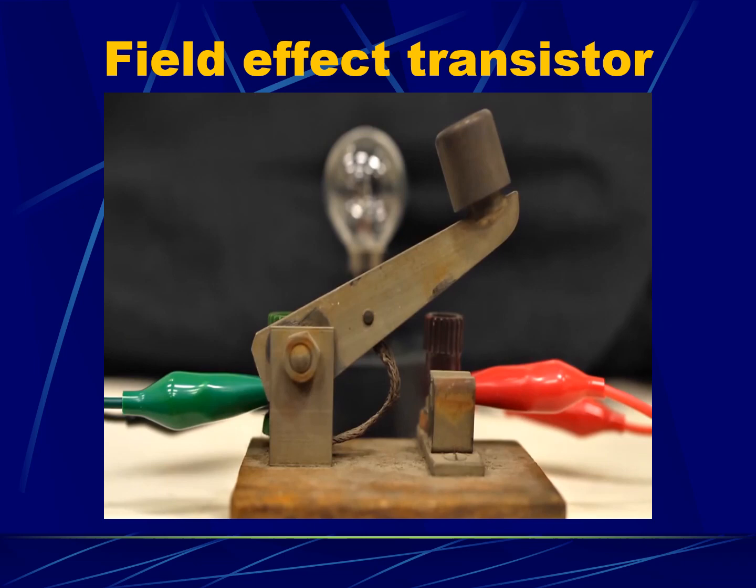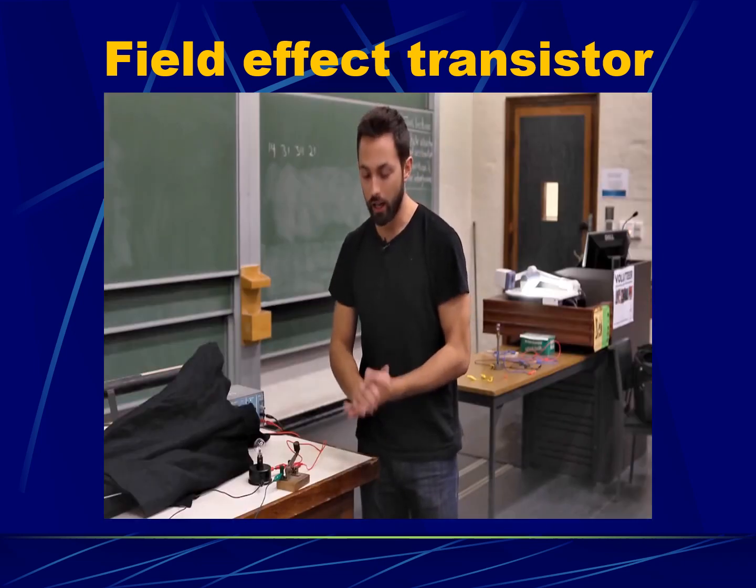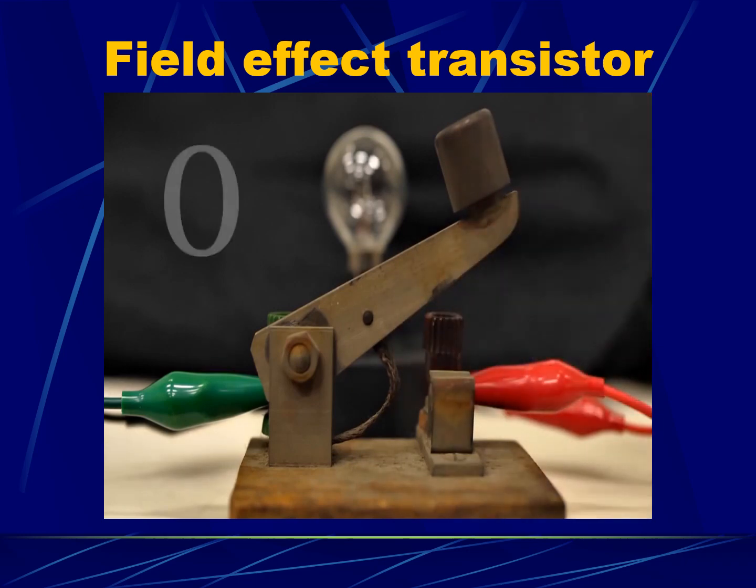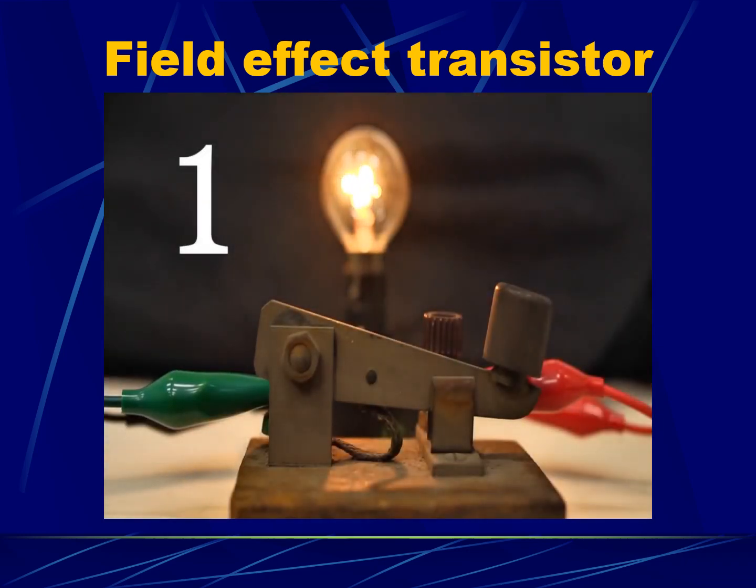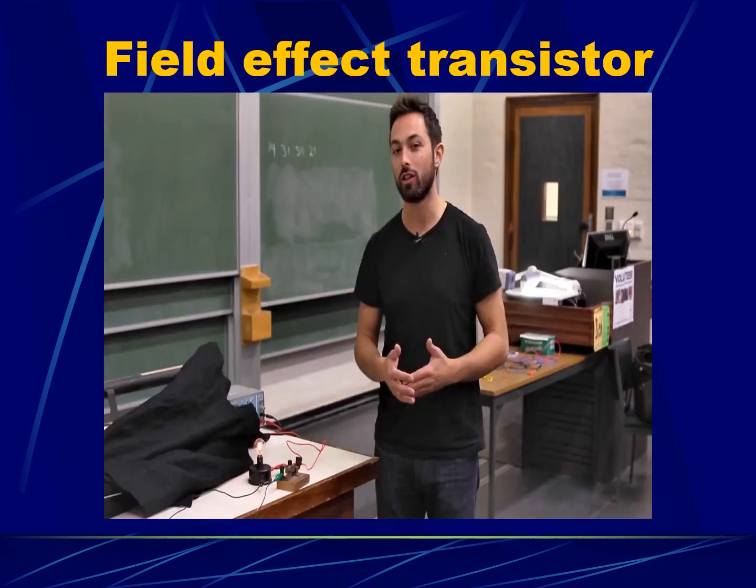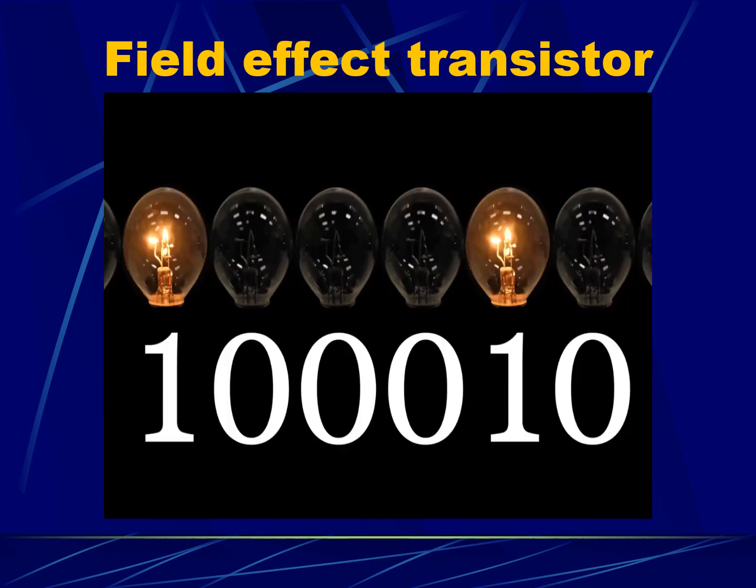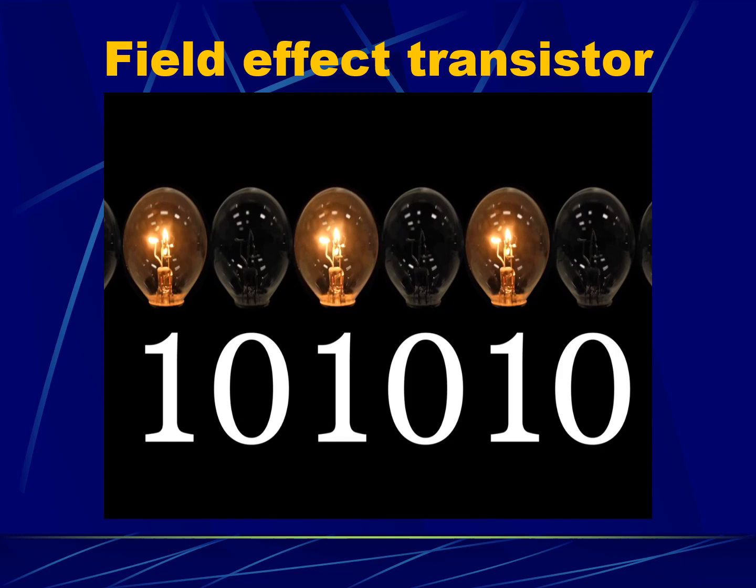It works just like this switch. So it controls the flow of electric current. It can be off, so you could call that the 0 state, or it could be on, the 1 state. And this is how all of our information is now stored and processed in zeros and ones, little bits of